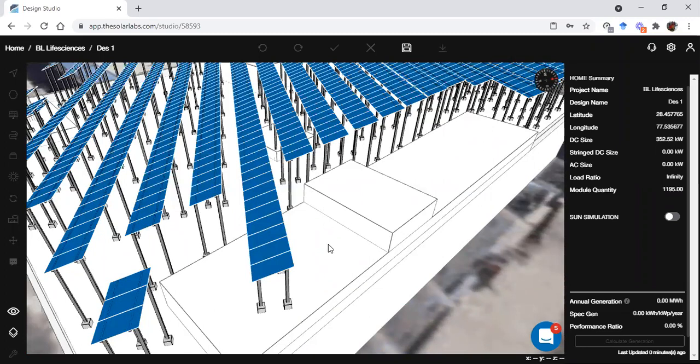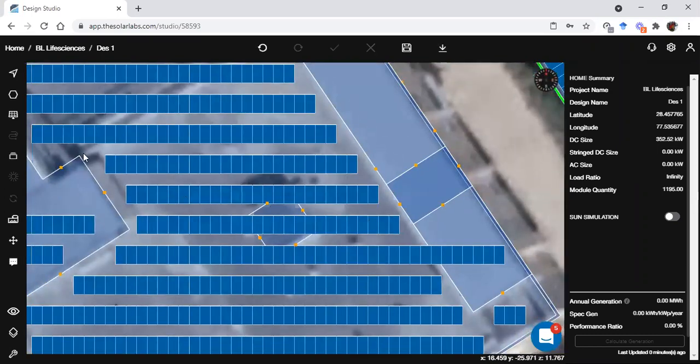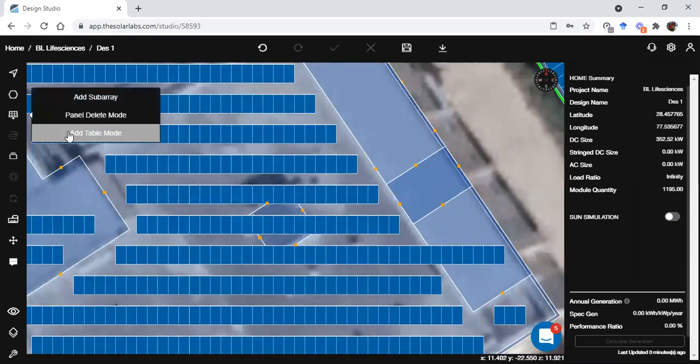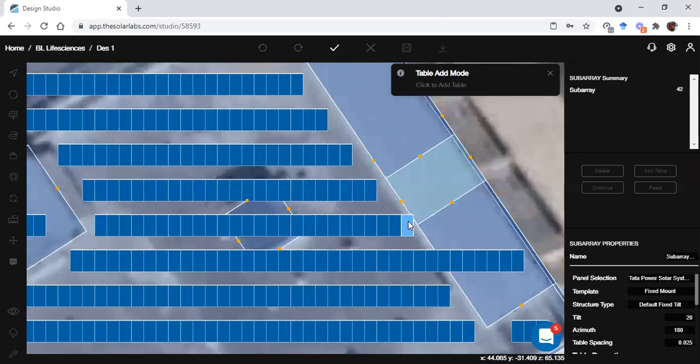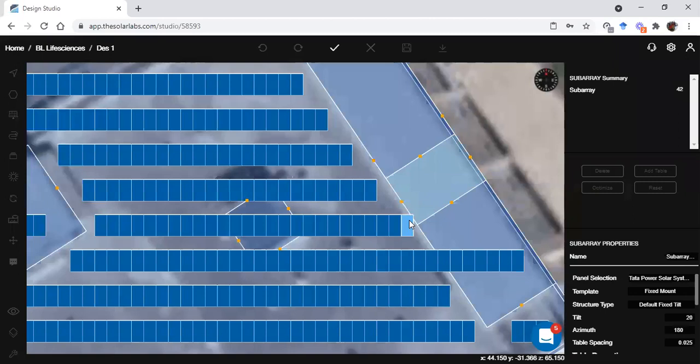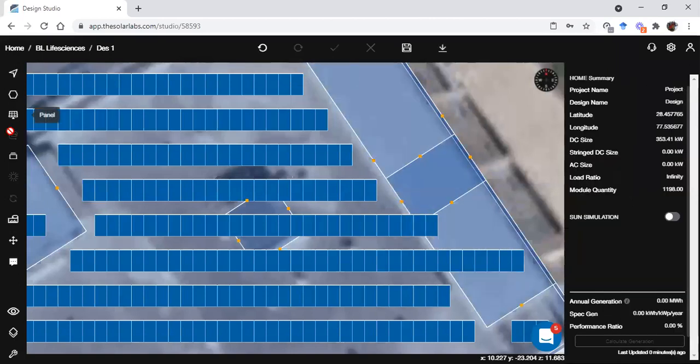If I need to place panels here, I go back to 2D. If I add a table, I can see this rooftop is highlighting when I'm placing a panel. This means this panel will be on top of this rooftop. So I'll place one, two, three panels here, and the next panel is on top of this rooftop, so I'll make a different subarray for that.